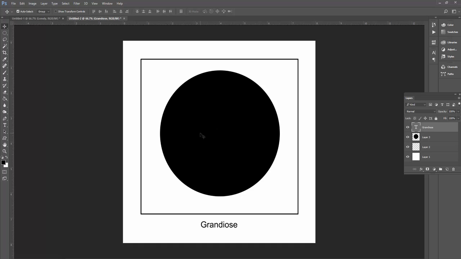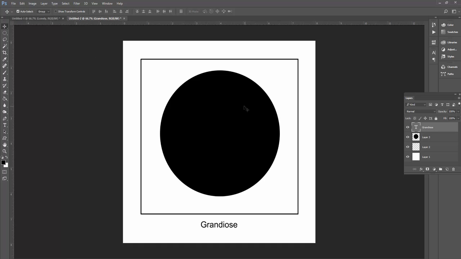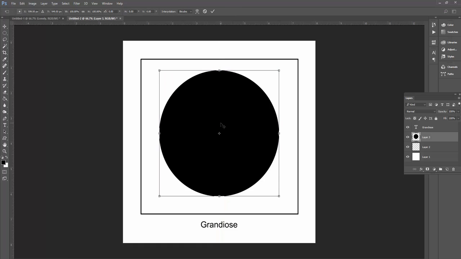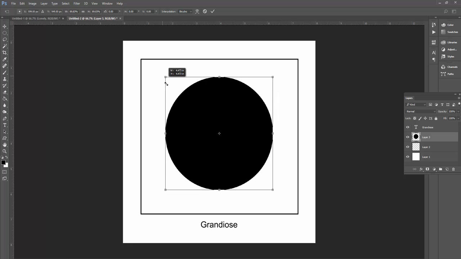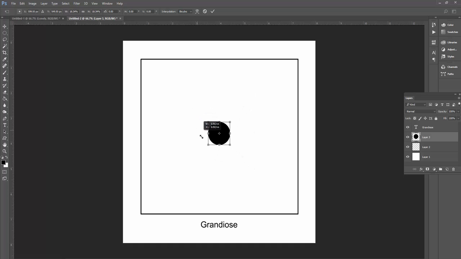Now to make the next one like this, I don't have to redo it from scratch. I'm going to take this circle and shrink it down. So I'm going to hit Control T, and notice that I have a bounding box with these handlebars on the corners and midpoints. It's very important not to skew the circle when you reduce the size, so I'm going to hold down Shift and Alt again and click and drag. I'm going to make it really small and go for the classic